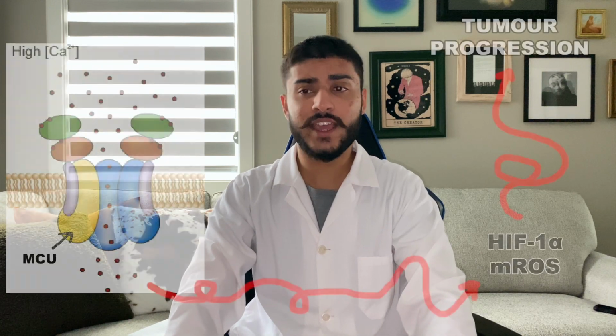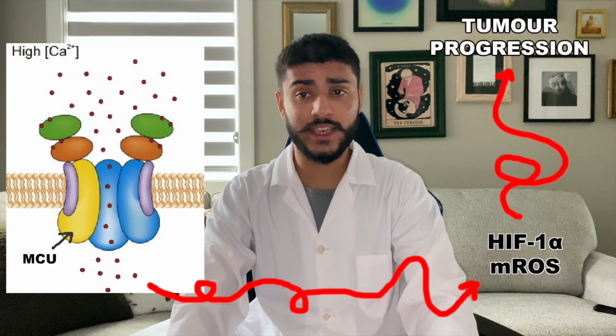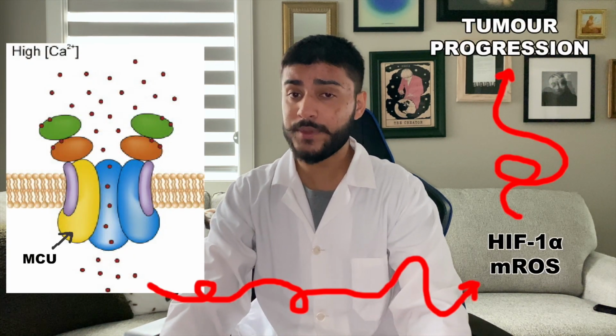Furthermore, HIF-1 in cancer cells induces the expression of glycolytic protein isoforms, and other than being well known for reprogramming cell metabolism, these glycolytic isoforms also participate in cell survival processes like inhibiting apoptosis and promote cell migration. In MCU silenced breast cancer cells, the production of MROS and the expression of HIF-1 were significantly reduced. This suggests that MROS and HIF-1 are involved in signaling cascades downstream of mitochondrial calcium uptake.